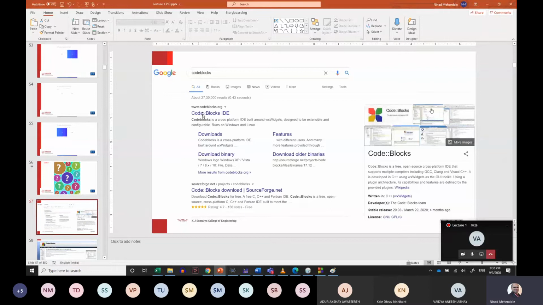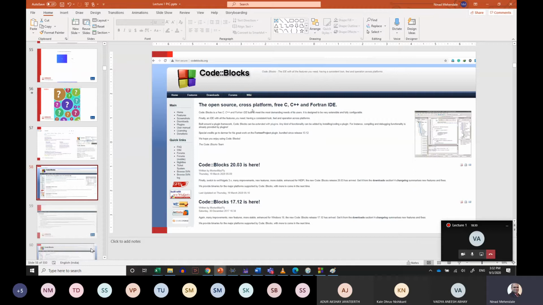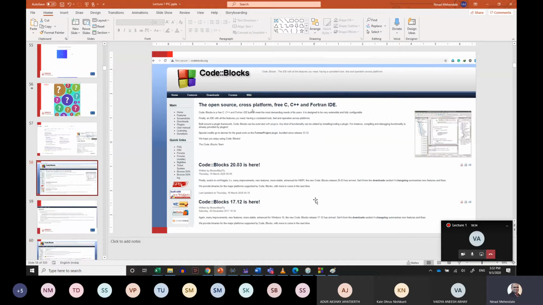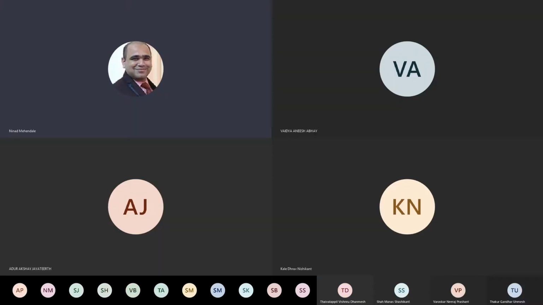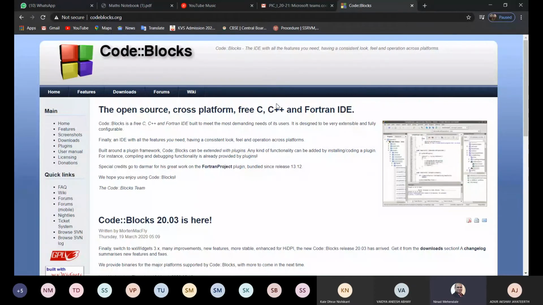Now you have to click on the first result saying codeblocks.org, and you come to this page which shows the codeblocks.org front screen. This is the same screen I got just 1 hour ago, so you should also see the same screen. But maybe those who are watching this lecture later might have a different screen. Currently it should be the same screen you see on your computer. So once you click on this, find a button called Downloads on top here somewhere. Okay. So once you find the download button,